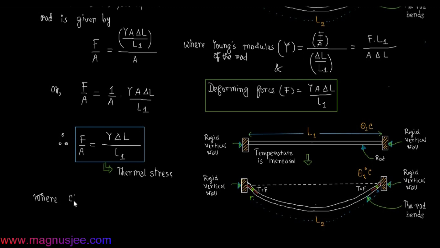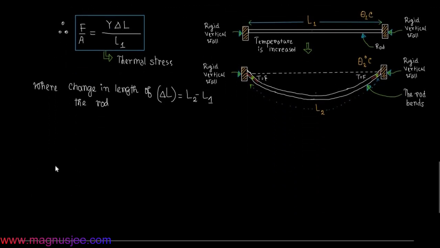where the change in length or increase in length of the rod, delta L, equals L2 minus L1, where L2 is the final length of the rod at the final temperature theta 2 degrees C, and L1 was the initial length of the rod at the initial temperature theta 1 degree C. Now